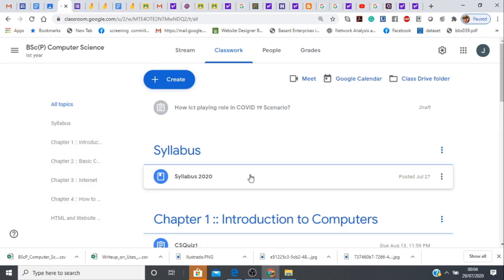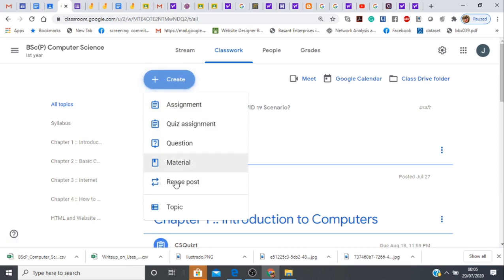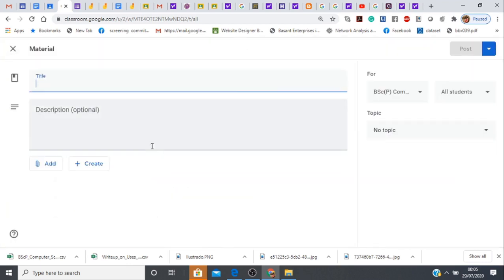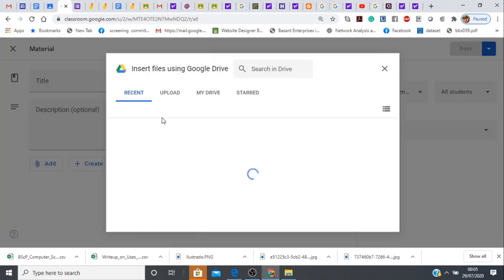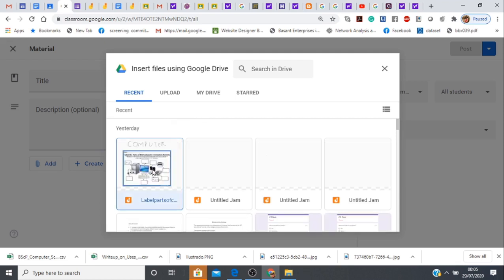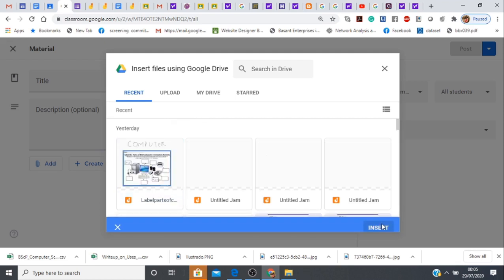So now we can see how we can use the Jamboard that we used in our interactive class to be uploaded on Google Classroom. In the classroom, we can create a material section. In the material section, you can add anything from our Google Drive, and we saved our jam in our Google Drive. So we just click on Google Drive, and select the Google Jamboard that we have used for our live class, and say insert.